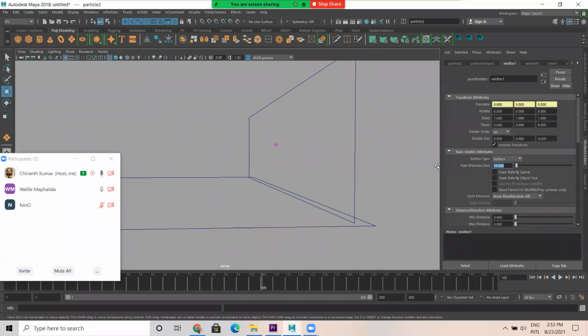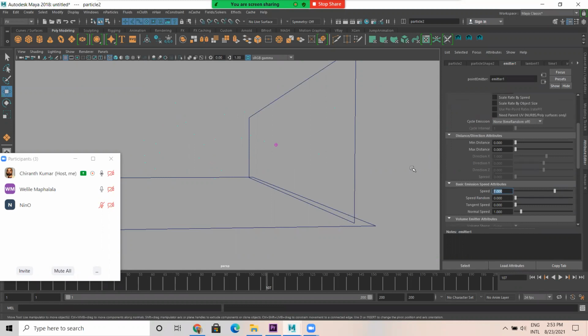Now here, instead of 10, let me have only 5 particles. Okay, this is fine. Speed I can give even more. Added 10. Okay.